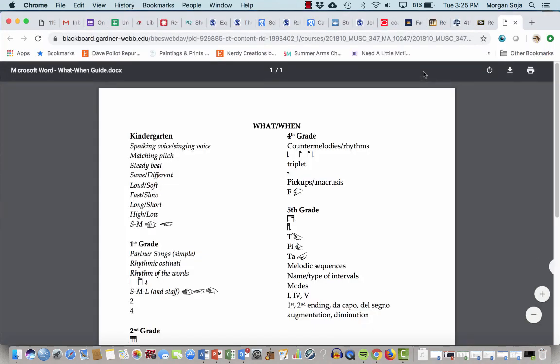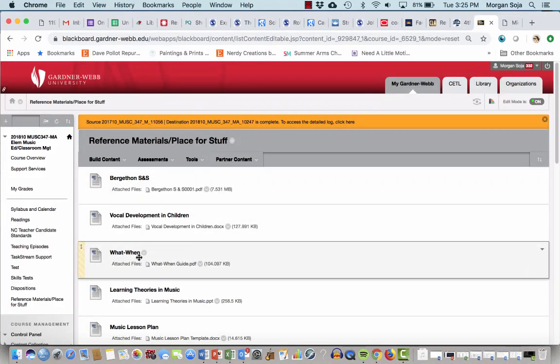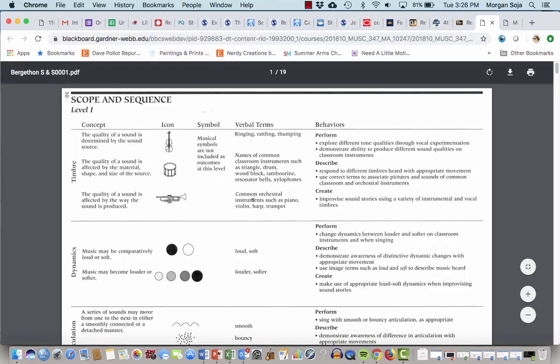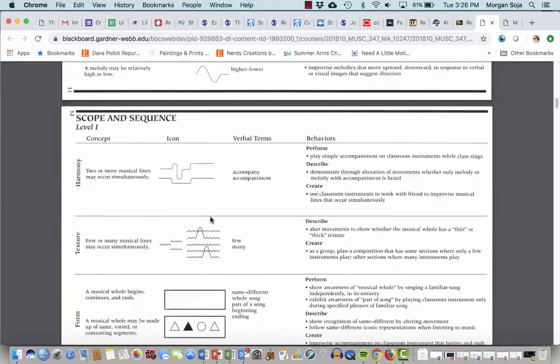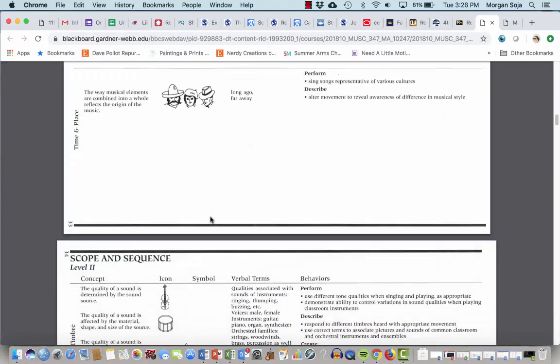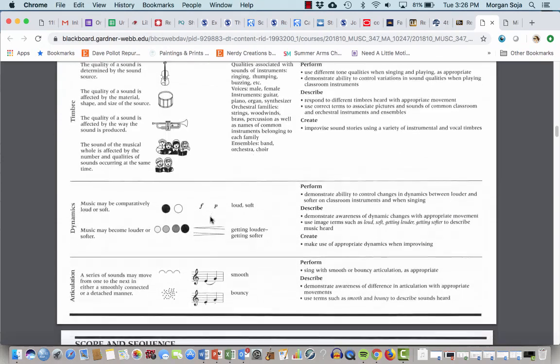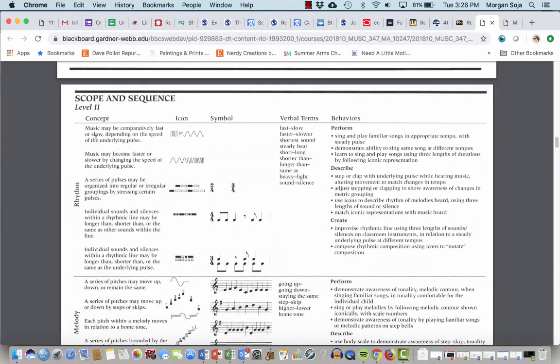Where do I want to go for my concepts? I think I'm going to go to the Bergathon scope and sequence. So the one that we're going to have for, this is still in level 1/level 2, right? Because second graders are kind of on the border of those two things. Some of these are going to be the same. So I'm going to look at